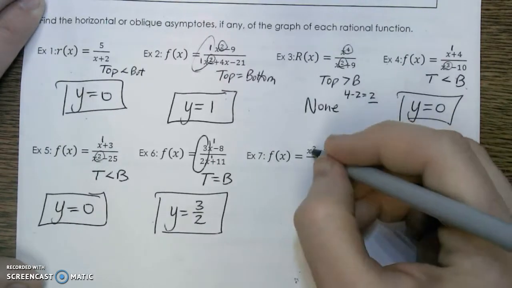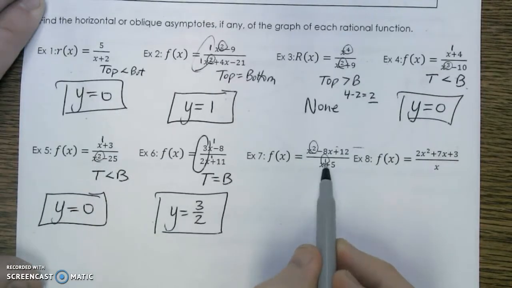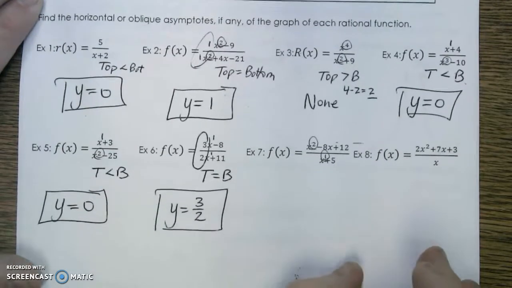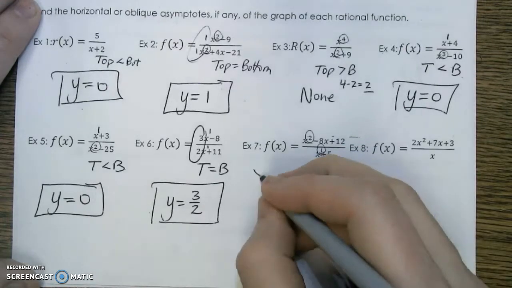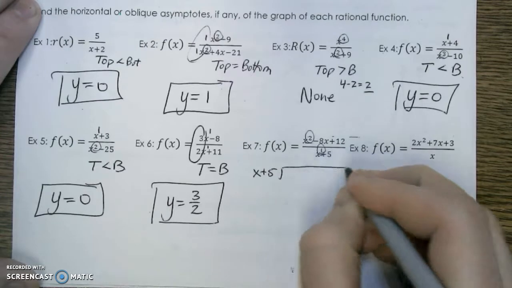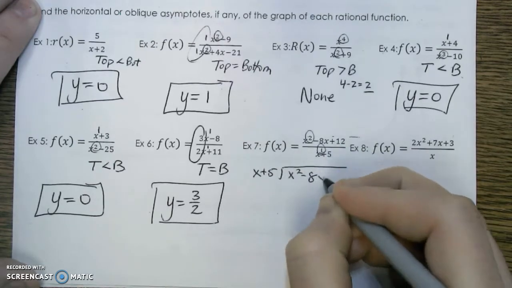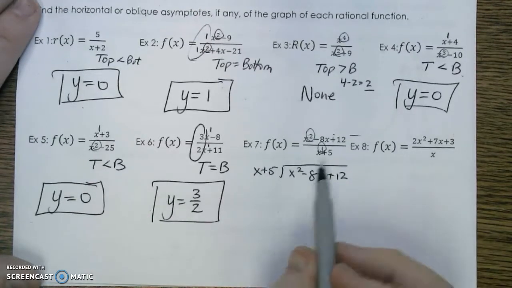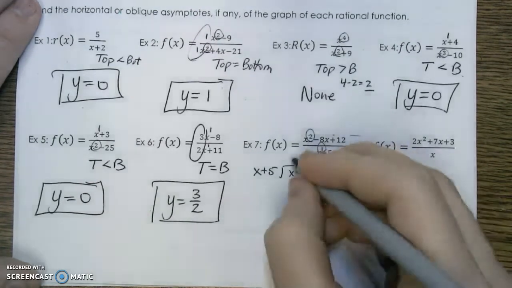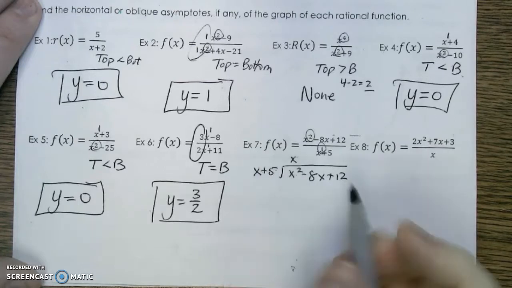Here I've got the top is larger than the bottom, and they're only 1 apart. So that means we have an oblique asymptote. To find your oblique asymptote, you want to use long division. So you're going to have x plus 5 on the outside, and then x squared minus 8x plus 12 on the inside. And you only need 2 terms. So if I divide x squared by x, I get x. I multiply x by everything on the outside,